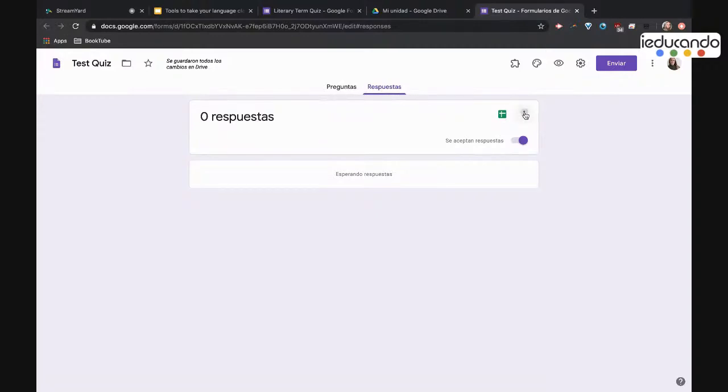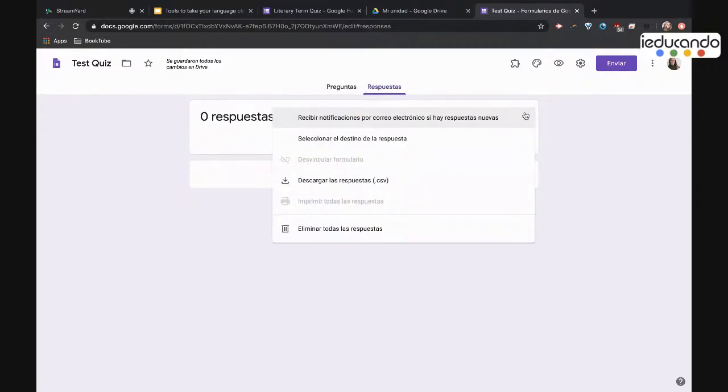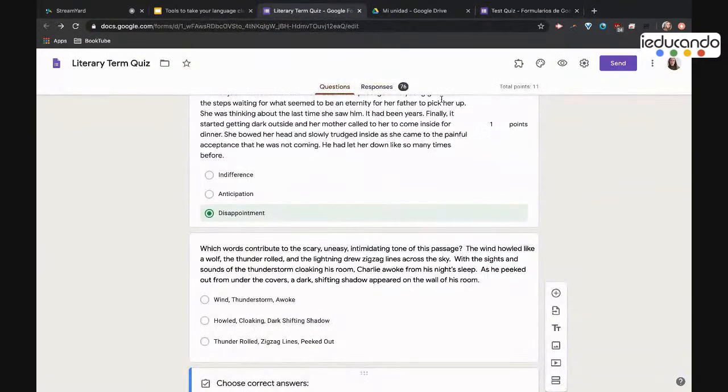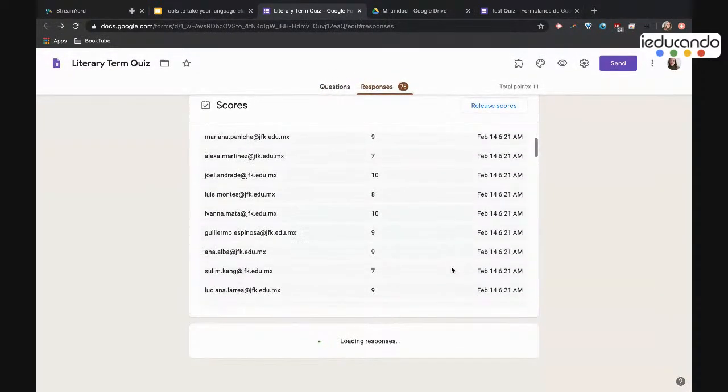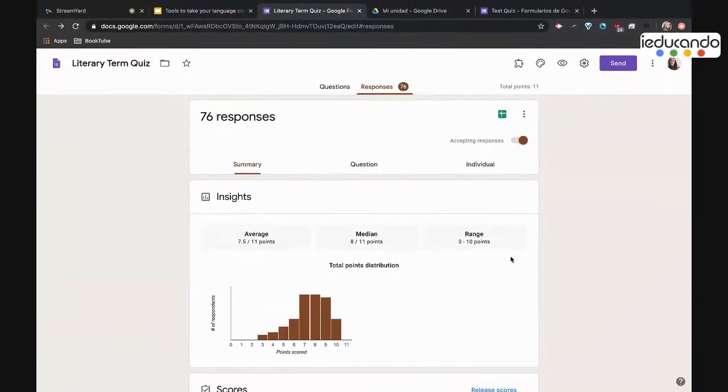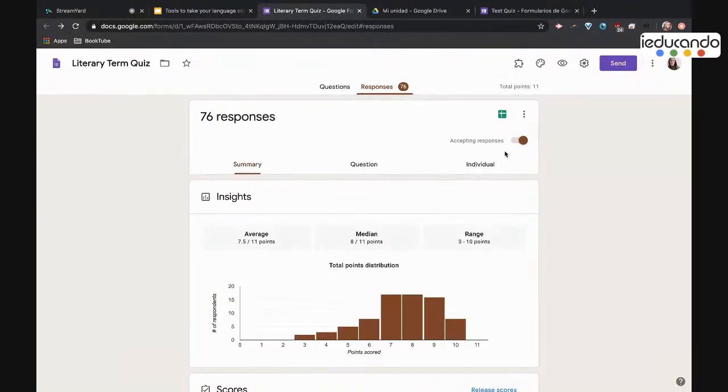So when I'm going over here to my answers, I can determine where I want my answers to be. They can be set up to arrive in a Google Sheet, or I can see my answers right there. So if I go back to this quiz that I already did, I can see the responses from my students. I don't want to put student emails there, so I'm going to skip that. But if I go to my response in Sheets, and I'm not going to go to that again because it has student emails that I don't want to show on the screen, but I can see the responses in a